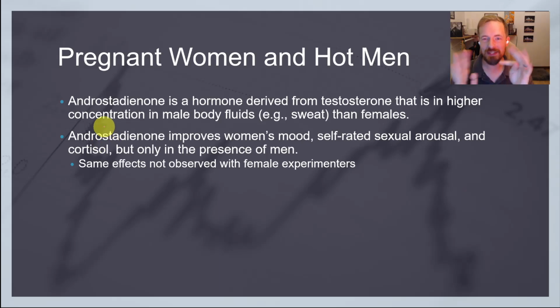So for this study, what they did is they basically brought in a bunch of groups of women, some who were pregnant, some who were not pregnant, and by the way, these are all straight, cisgender women, and that's important, right? Because we talked about how there are sex differences based on this. And so these researchers used androstenedione, and this is a hormone that is derived from testosterone, and so it naturally occurs in cis male bodies more than females, and you can collect it with sweat.